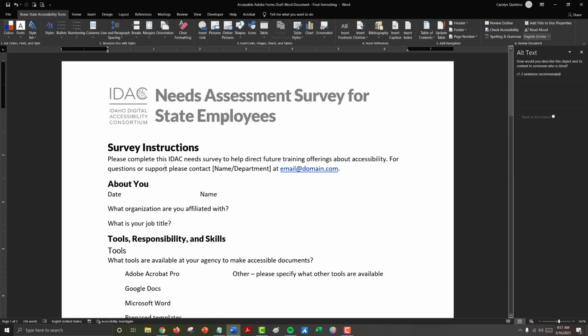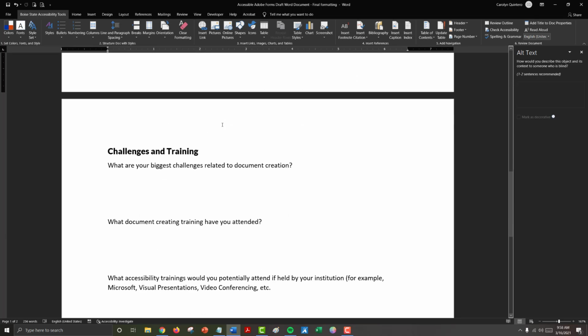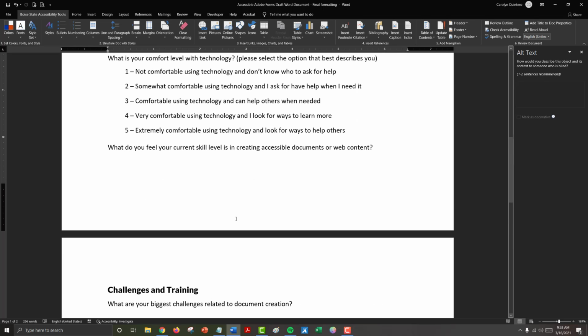It is important on the first page because this announces who this form belongs to and what the title is, but we don't need to have that on every single page. For the footer, you typically don't need to include a lot of information in the footer. If your document includes more than one page, a page number may be appropriate.